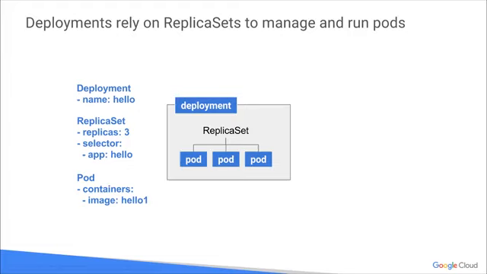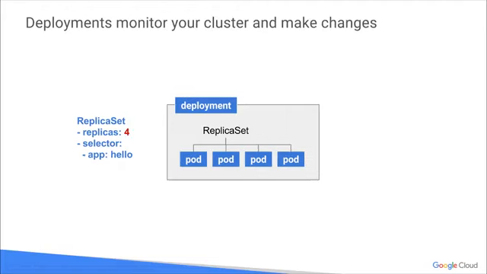In this example that you see right here, there's a deployment called hello. When you create the deployment, it's going to create a replica set of size 3. When you add the label selector, app equals hello, it'll say inside the pod you have a single image and you call it hello1. Simple example. As the deployment monitors the cluster, you'll see whether anything is different from how it's defined. And if there's anything that's different, the deployment tries to rectify it.